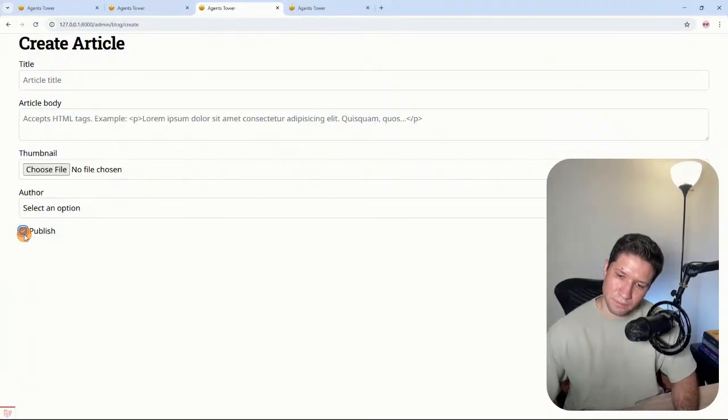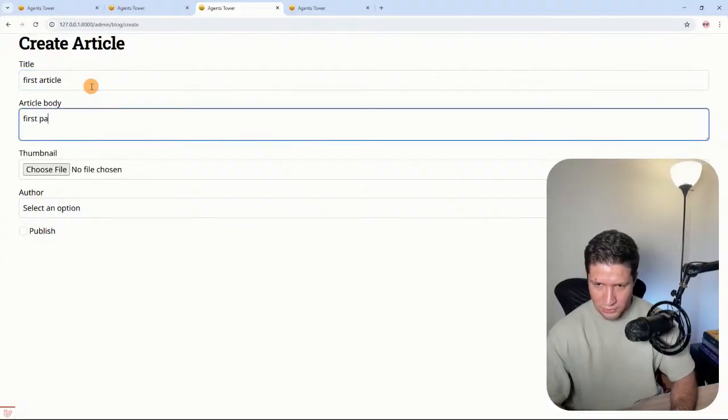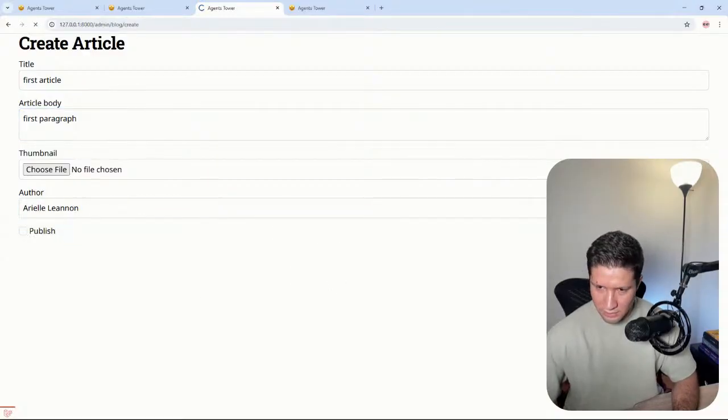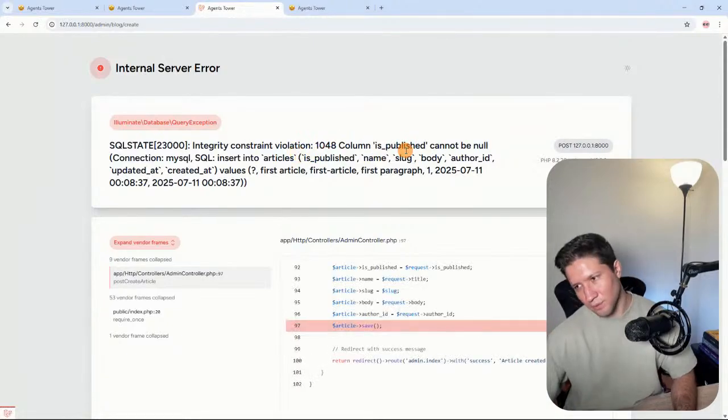Okay. So for example, I can create article, first article, first paragraph, and then let's save this. Let's see if it works. Okay. It cannot be moved. Okay. So